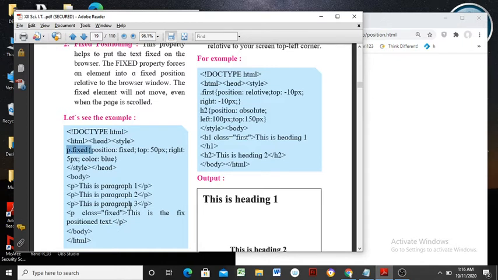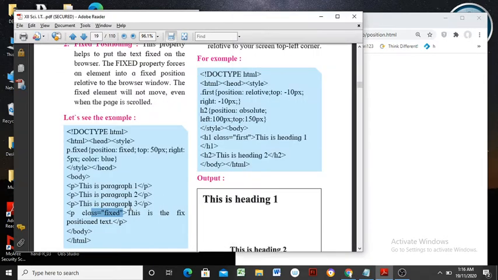Then how to apply this? See here, in the body section they have applied it, we can check it out. Suppose a number of p tags are here: this one is the first, the second is here, at the next line they have given the third one, and at the fourth paragraph tag, that is the p tag, we have used p class equal to fixed. So this p dot fixed selector will be applicable if within the p tag you apply class equal to its name, that is fixed. It's a type. We will see it practically.